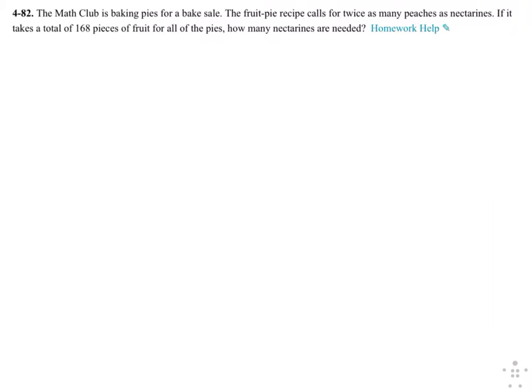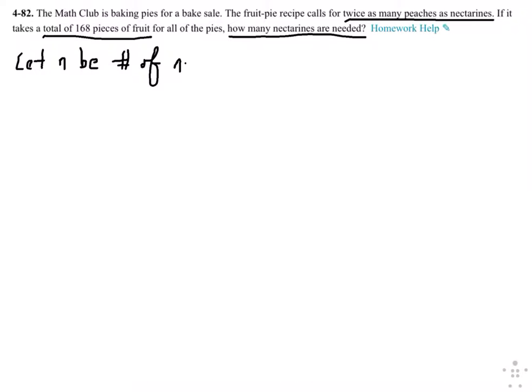Okay, for 82, they say they're making pies, right? And the fruit pie recipe calls for twice as many peaches as nectarines. Twice as many peaches as nectarines. And it takes a total of 168 pieces of fruit. How many nectarines are needed, right? How many nectarines? So let n be the number of nectarines,